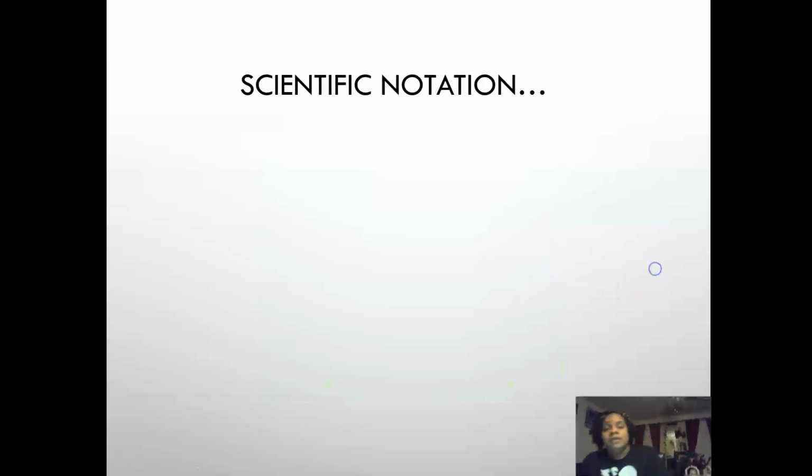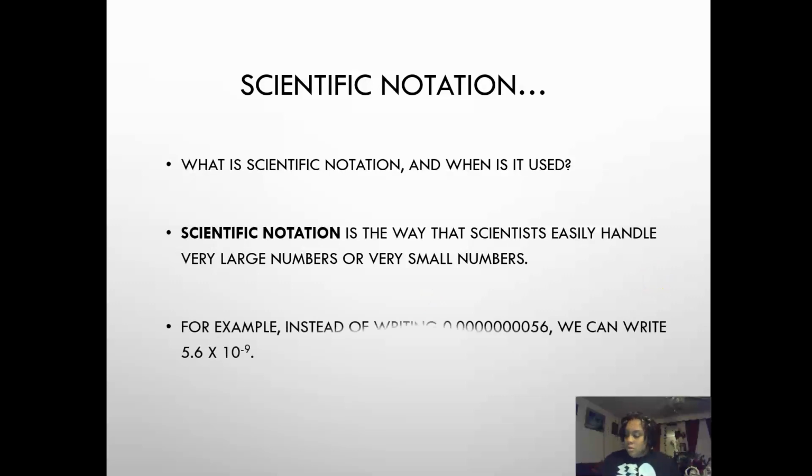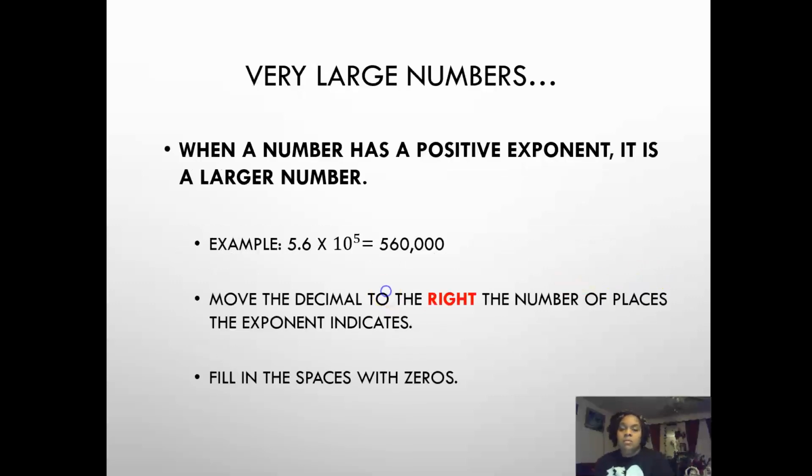All right, scientific notation. What is scientific notation and when is it used? Scientific notation is the way that scientists easily handle very large numbers or very small numbers. So, very large numbers. When a number has a positive exponent, it is a large number. Example, 5.6 times 10 to the fifth power could be written as